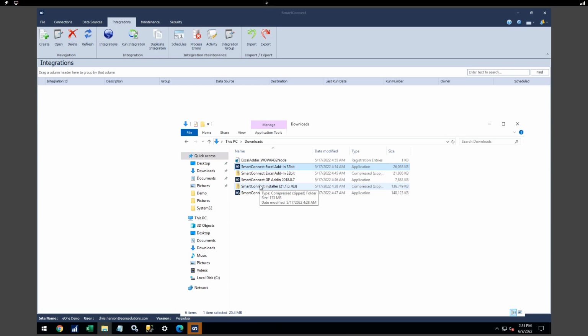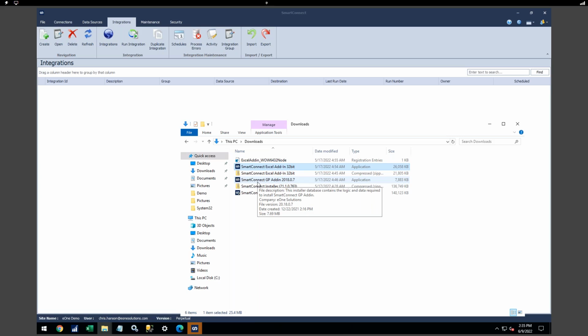And then you can set up your users and configure them to run integrations from Excel to any destination you have configured. Whether that's GP, SQL, CRM, Salesforce, Business Central, doesn't matter. The idea is it lets the users run integrations directly from their Excel workbook, and that sends that through to your integrations destination. To use that Excel add-in, it does require our web service is installed and in place running somewhere, and that's what would allow that